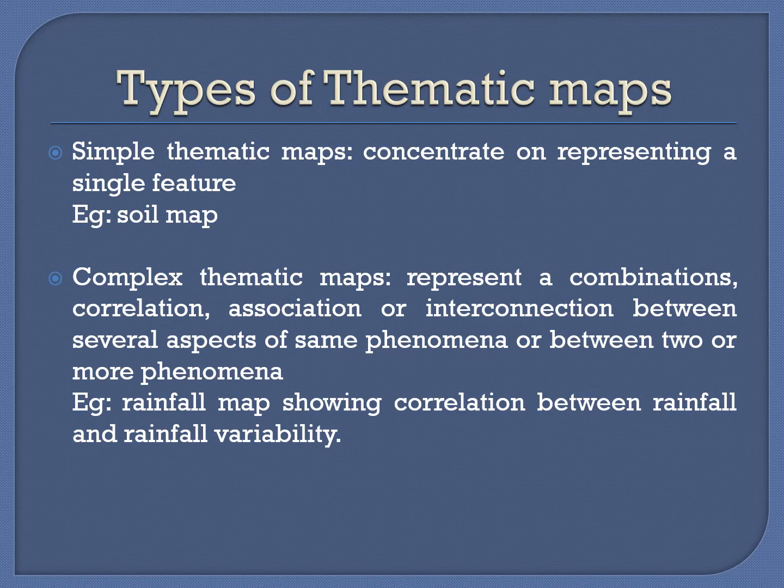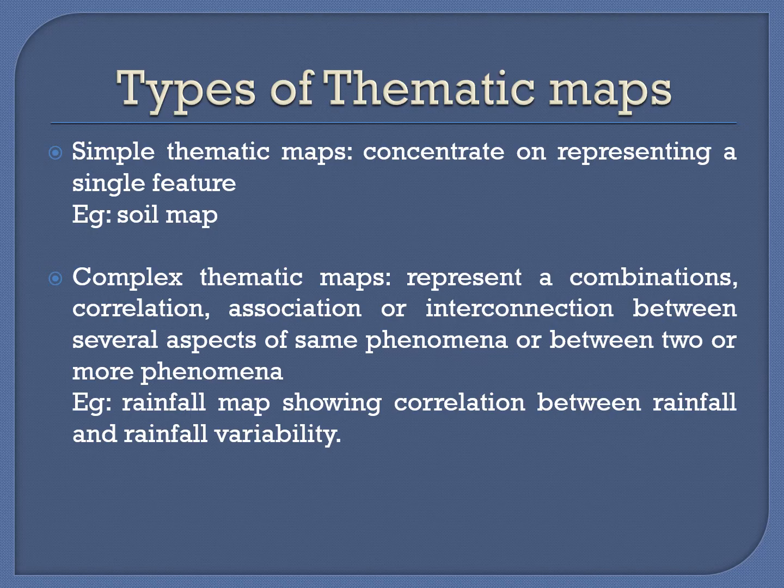Now, moving to the types of thematic maps. Basically, there are two types of thematic maps, a simple thematic map and a complex thematic map. So what is a simple thematic map? Generally, it will concentrate on representing one single feature. Consider that, again we are going back to a soil map. In a soil map, we are able to see what? Different types of soils only. They are not representing any other feature other than the soil. So it is a very good example for a simple thematic map.